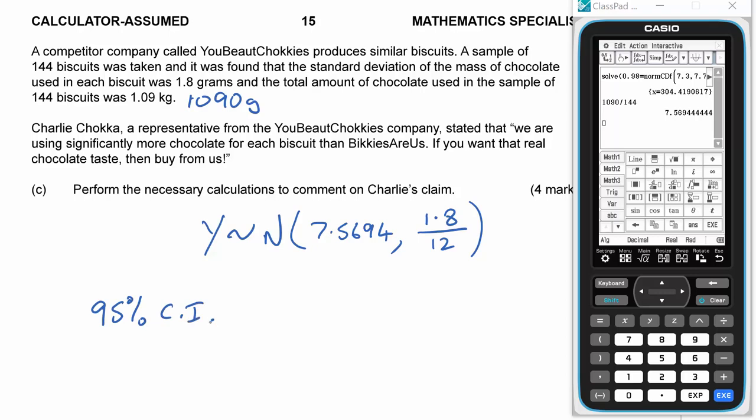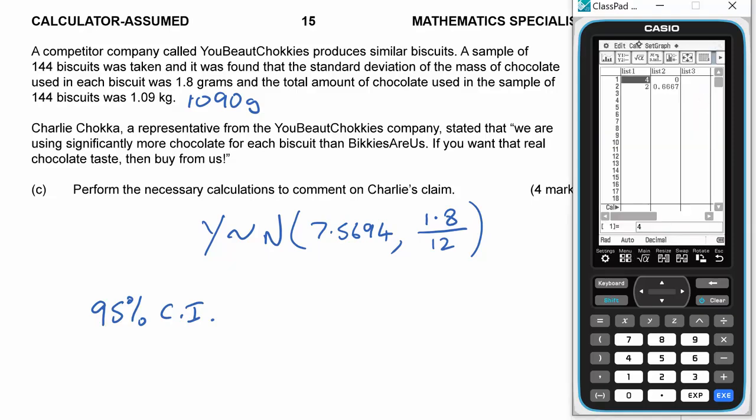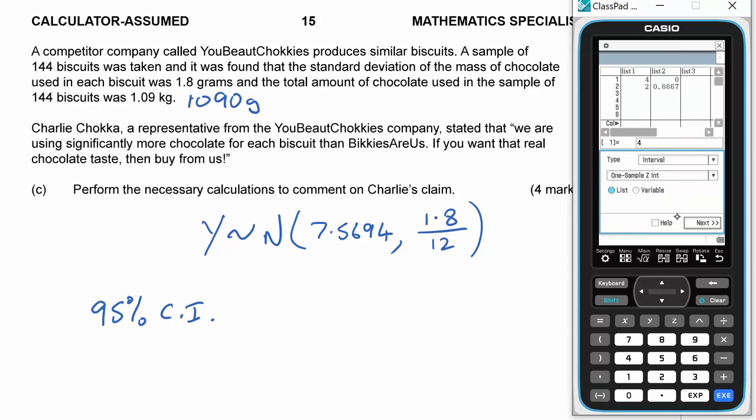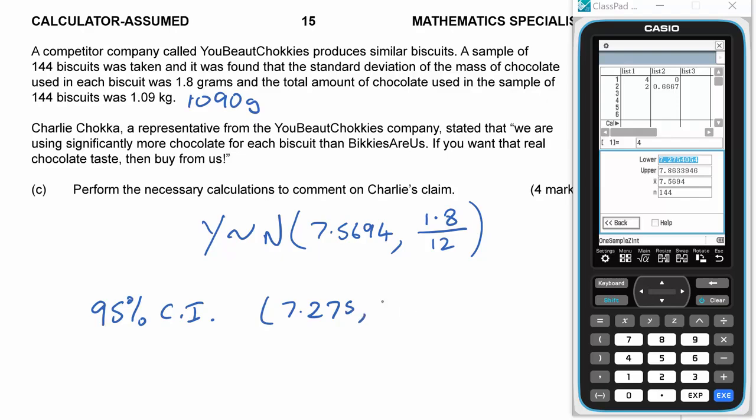It doesn't say what type of confidence interval that we want, but we can do this. And I'm probably going to do the quick way of doing this. So let's go to statistics, calc, and interval. And I want variable next, confidence level 0.95. Sigma was 1.8, and my sample size 144, and my mean is 7.5694. That gives me 7.275, 7.863,